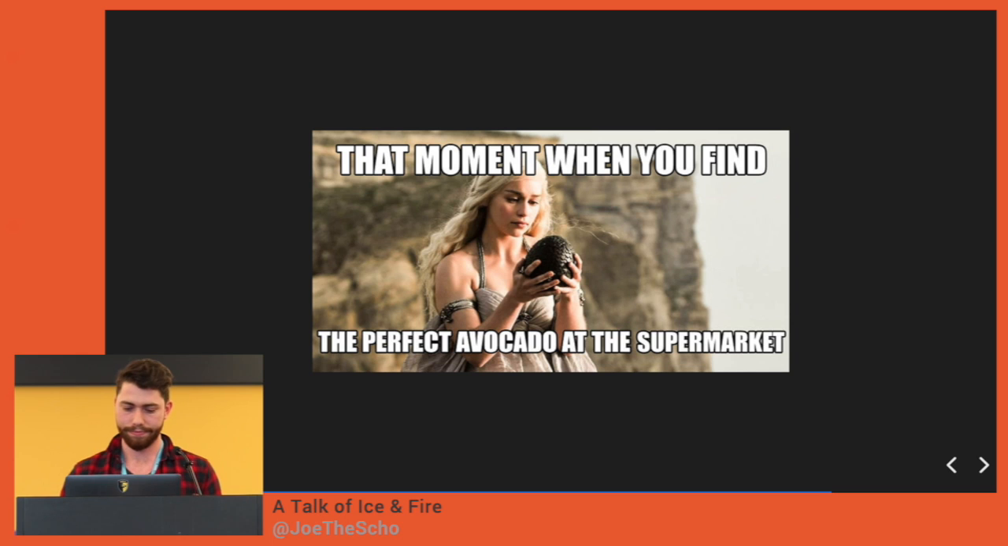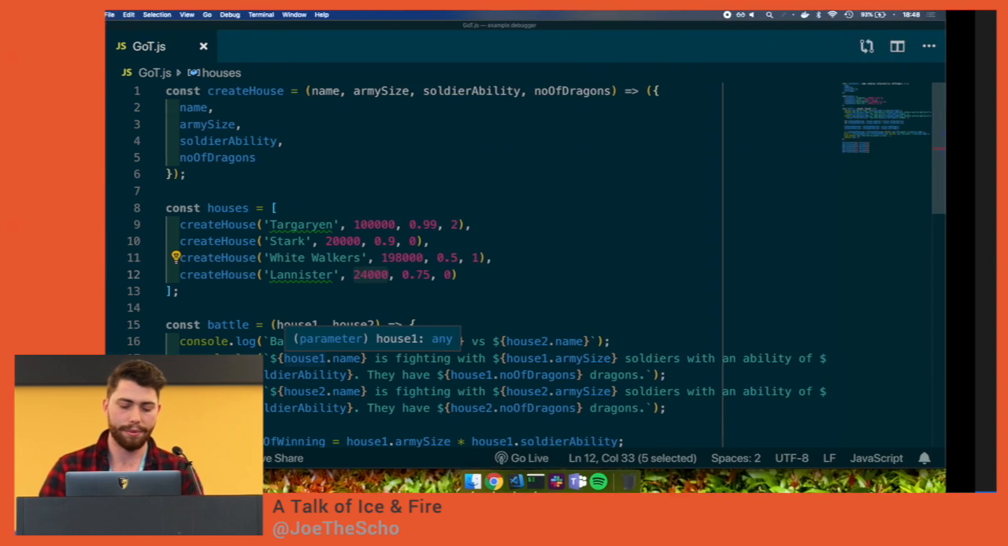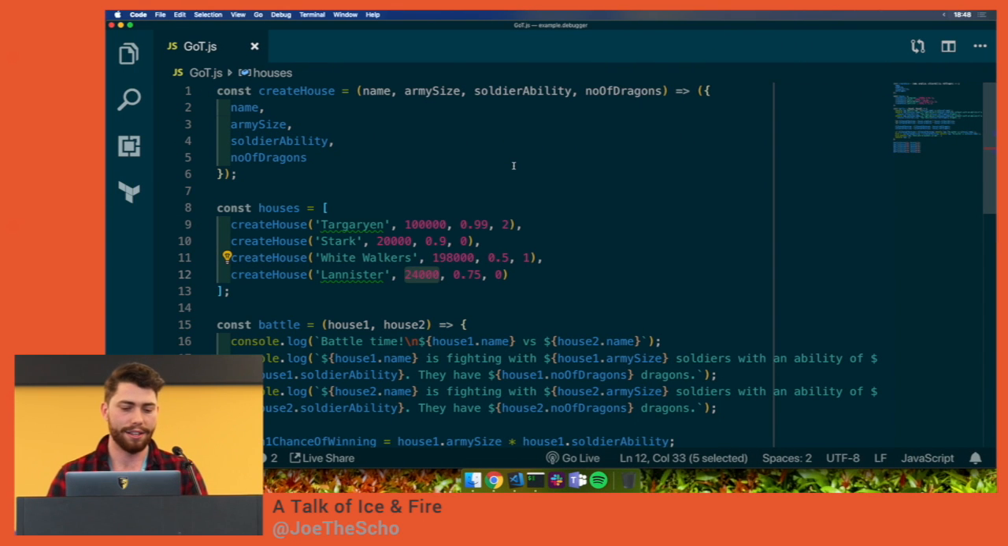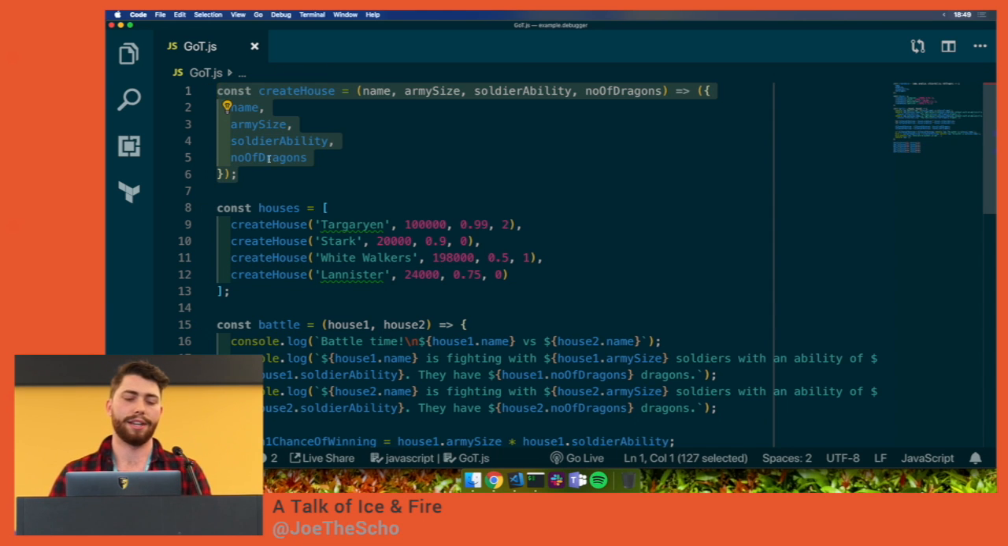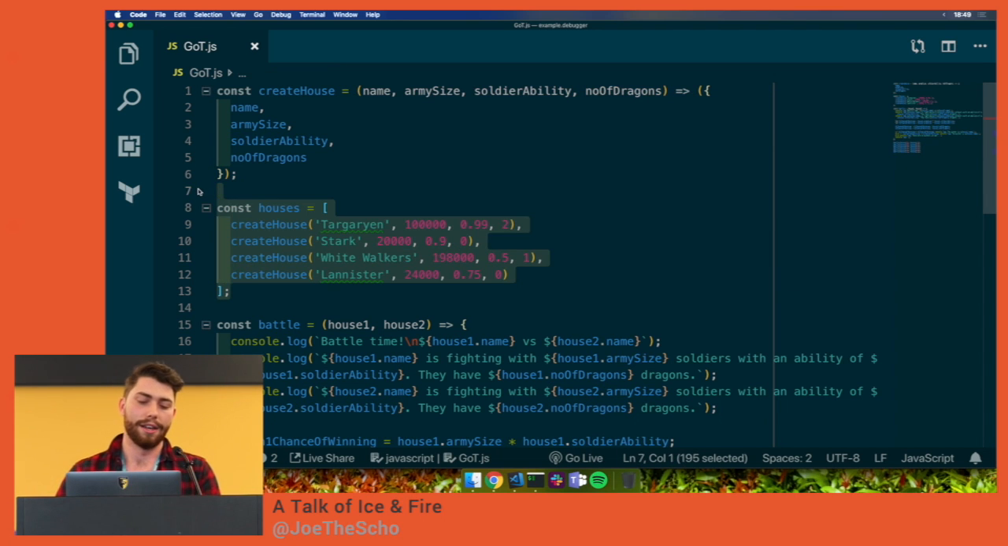No? Perfect. Cool. I'm going to give a short demo. So we've got this script here, which is Game of Thrones.js, and there's a small function which just creates an object of a house. So it's got the house name, the size of their army, the ability of their soldiers, and the number of dragons they've got. And then we're just creating an array of a few of the houses here, such as Targaryen, Stark, White Walkers,